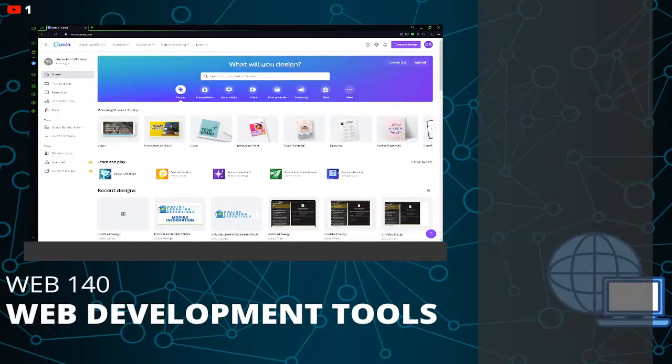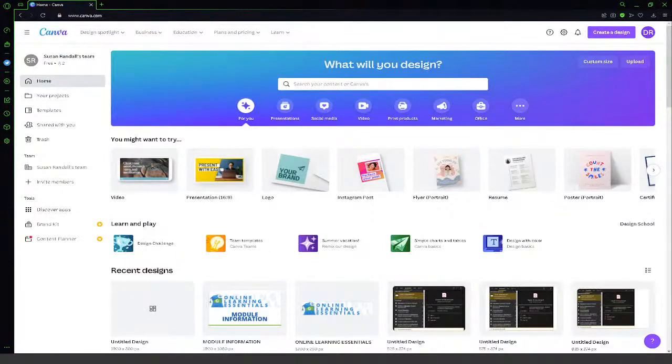So this is my Canva homepage. This is the Canva homepage for one of my Canva accounts. I have a couple different ones that I use for different purposes. One of the things that I want to call out really quickly is that Learn and Play section there in the middle. And let me go full screen here so you can see this a little bit better. That Learn and Play section, that's where we have things like the summer vacation remix, the design challenge, creating charts, and